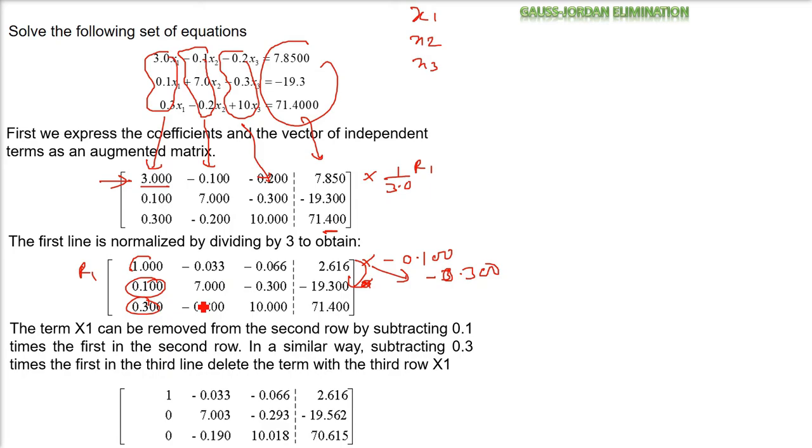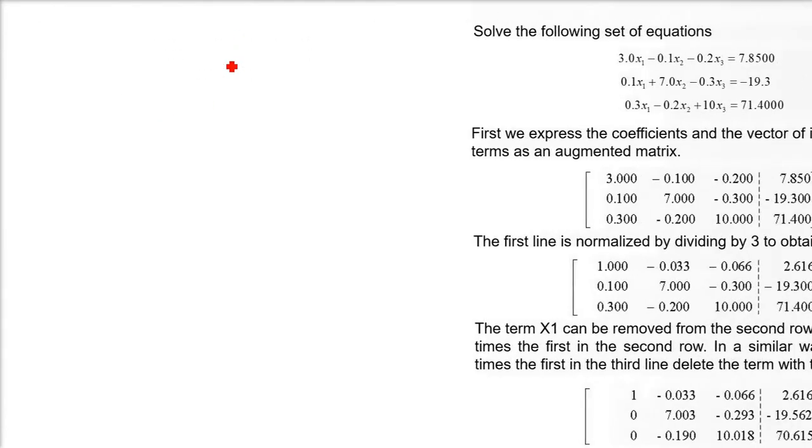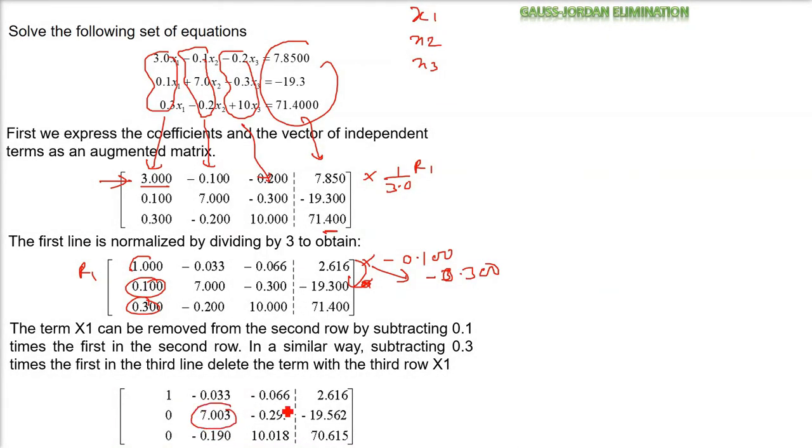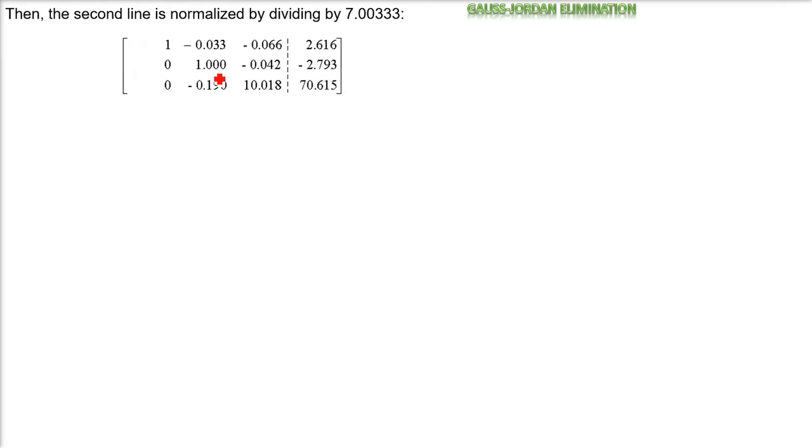Let me just show you the next step. This I'm just going through. So you have this, see, this one is 7. Let us make it 1. So we divide it by 1 by 7. When we multiply it by 1 by 7, we will get a 1. So now using this 1, we will make the first row and third row 0. That is, minus you have to multiply and then add it to the first row. Multiply the second row with minus 0.190 and then add it with the third row. That means second and third row you have to add after multiplying the second row with minus